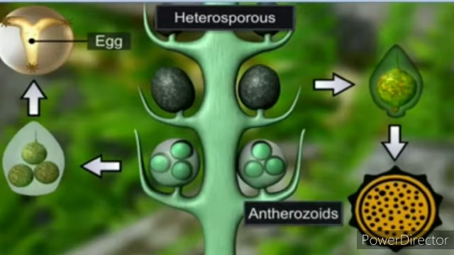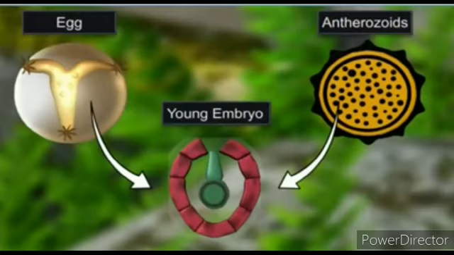The female gametophytes in these plants are retained on the parent sporophyte for variable periods. The development of the zygote into young embryos takes place within the female gametophyte. This event is a precursor to the seed habit, considered an important step in evolution. Precursor means the starting point for seed production.